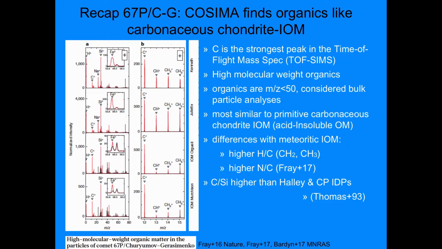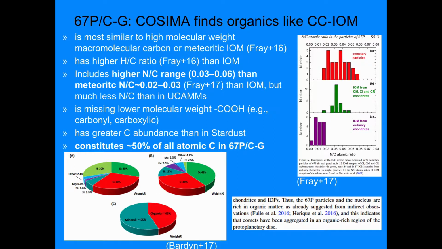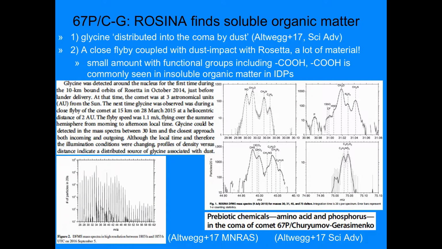So to recap, 67P has a lot of carbon, high molecular weight organics, and they're most similar to the primitive carbonaceous chondrite insoluble organic material. And yet they still have a higher hydrogen-carbon ratio and higher nitrogen-carbon ratio, and carbon to silicon is higher than in Halley and CPIDPs. And I mentioned this again, that basically half of the material is in this high molecular weight organic material. I want to just throw out that ROSINA, the gas phase instrument, also sees soluble organic material